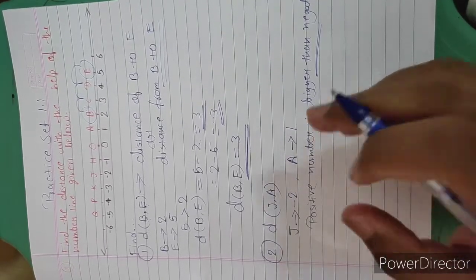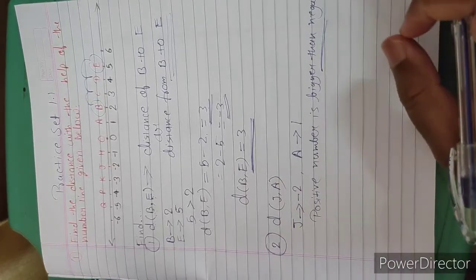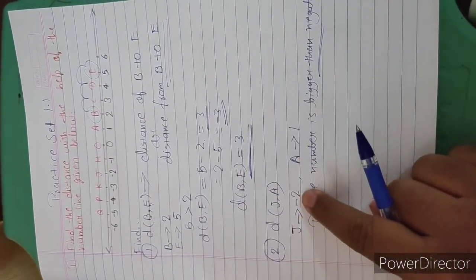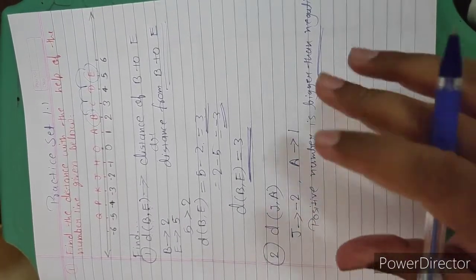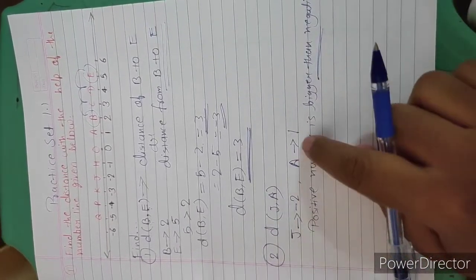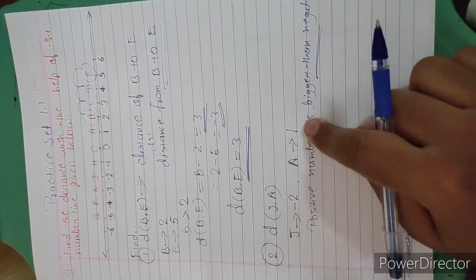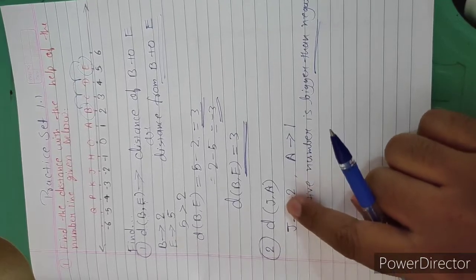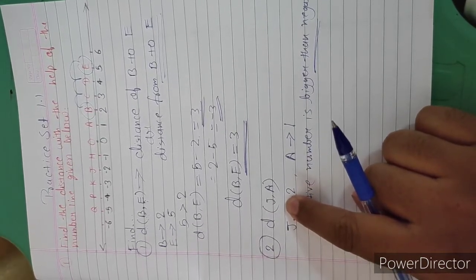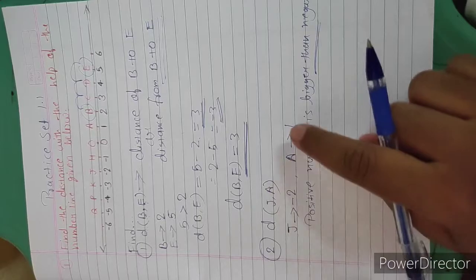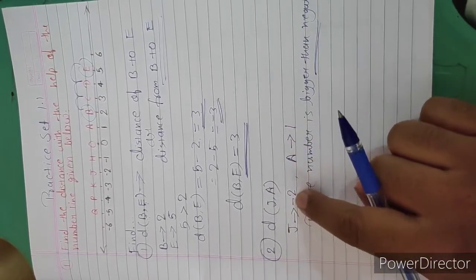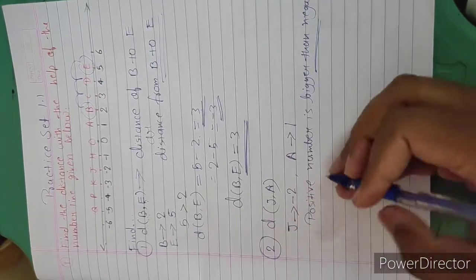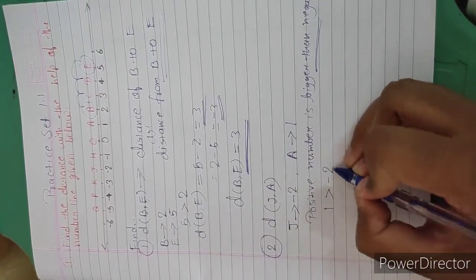So that's why, anywhere you find two numbers, one positive and one negative, if you want to choose the bigger number, you always have to choose the positive number. Okay, so here 1 and minus 2. If it was 2 then it would be bigger, but here it is given minus 2. That's why 1 is bigger than minus 2, because a positive number is always greater than a negative number. So 1 is greater than minus 2.